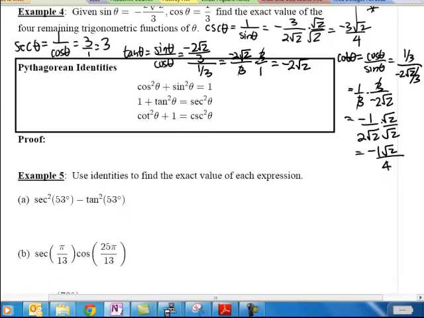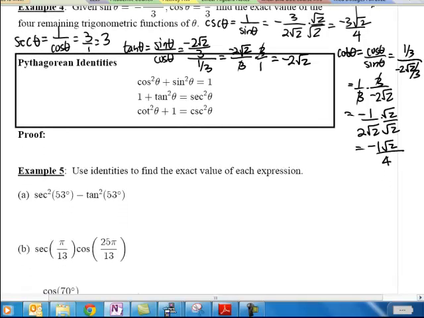Then what we have are called the Pythagorean identities. The first one is familiar, and the other two will be used throughout, especially in Calc 2. You'll use these a lot. We'll use them a lot in this course as well, obviously. But these just follow from